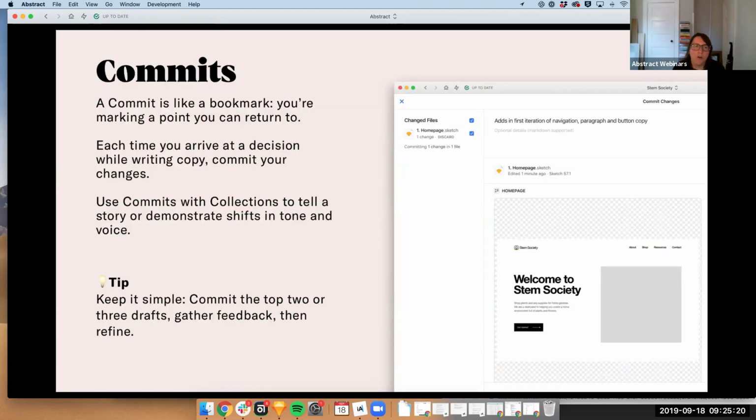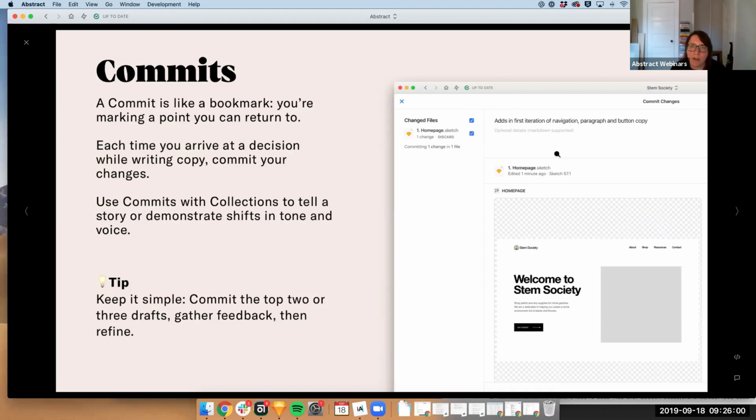Commits. I talked about commits a little bit earlier, but let me just reiterate, they're like a super save. And you create basically a timeline of saves. Let's say I wanted to do a few different explorations. I could say, welcome to STEM Society here in one commit, and then I could do another headline and another commit. And then I could show all of those commits to my design team or to my other copywriters or content strategists and see what they like. So commits are places for exploration.